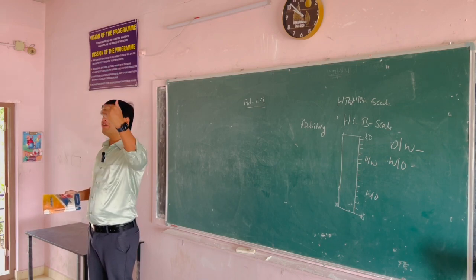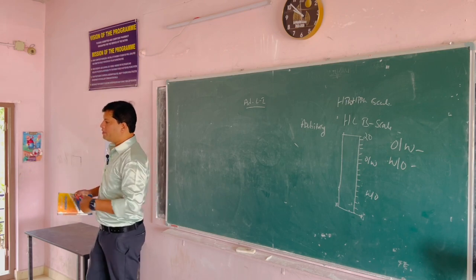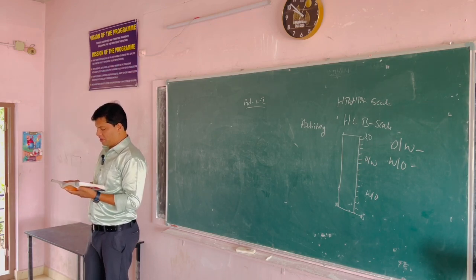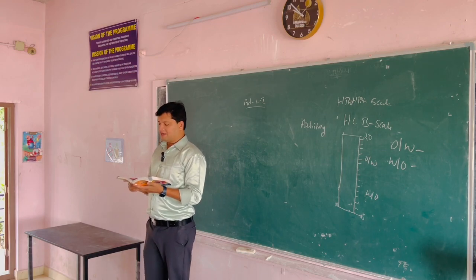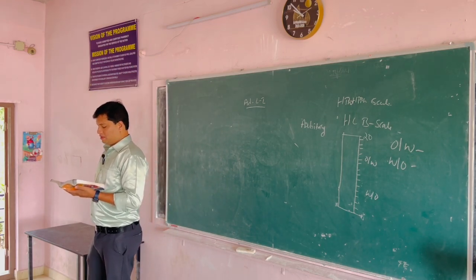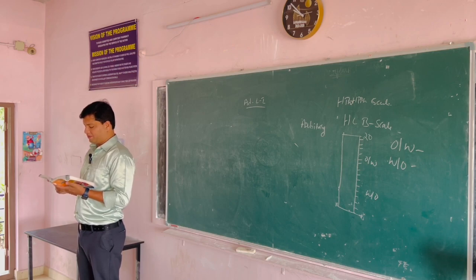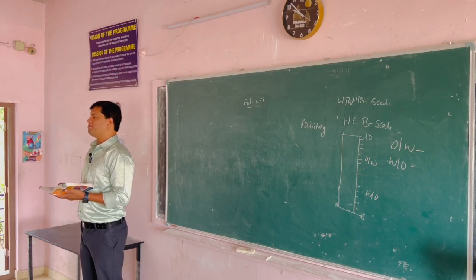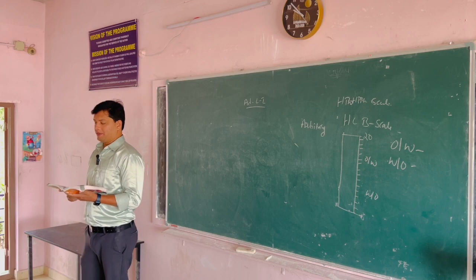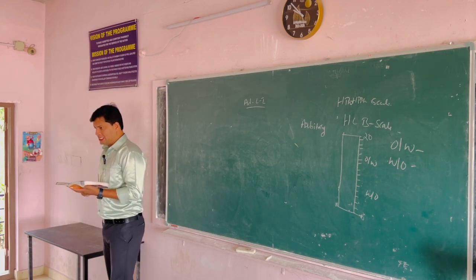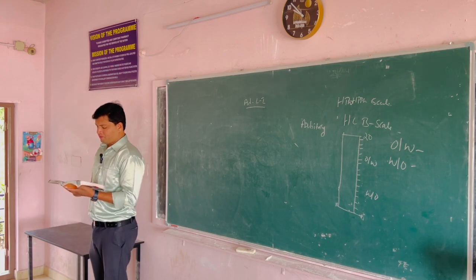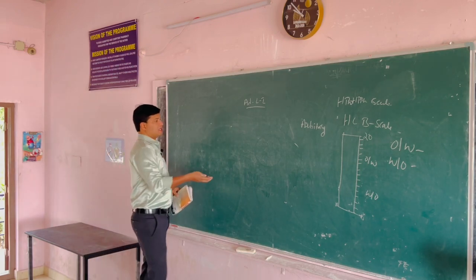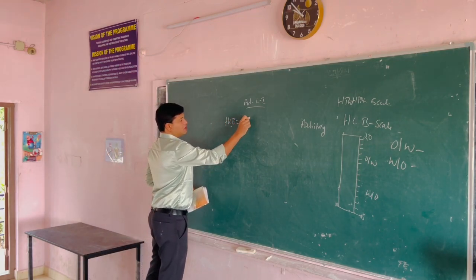Now, how many hydrophilic groups are there? You need to sum them. How many lipophilic groups are there? You need to sum them. Write down. Full stop. Sum of these numbers is the calculation of HLB. You write down, HLB is equal to a formula. HLB is equal to summation of